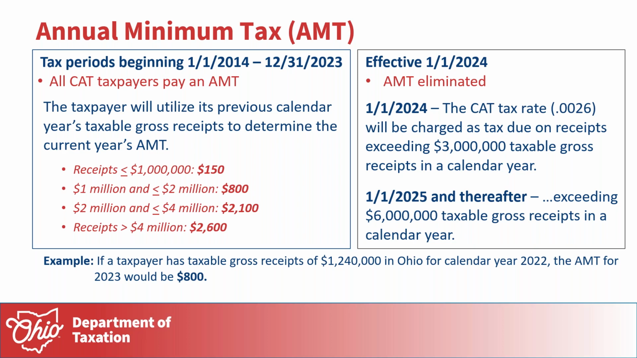So on this slide, just to visualize some of the changes here, on the left-hand side is how the AMT, or the annual minimum tax, was previously structured. On the right, you'll see the AMT has been eliminated beginning this year in 2024. So when the return is filed, the gateway will actually automatically apply the exclusion starting with the first quarter return,